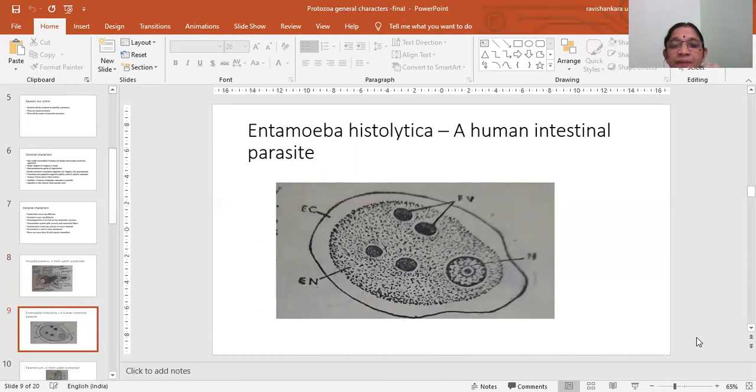and it causes a pathological condition known as amoebic dysentery. In the name Entamoeba, ento means gut, amoeba is motile, and histolytica means digesting tissue. Hista means tissue; histology is the study of tissues, as you know. Lysis means destruction. So destruction of tissues of the intestine causes mucus and blood in the stool. That condition is called dysentery, amoebiasis or amoebic dysentery. The causative factor is Entamoeba histolytica, which is transmitted through contaminated food and water.